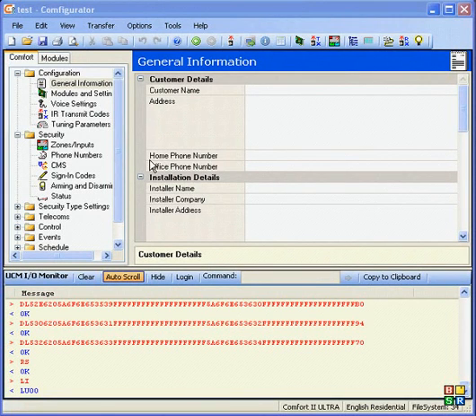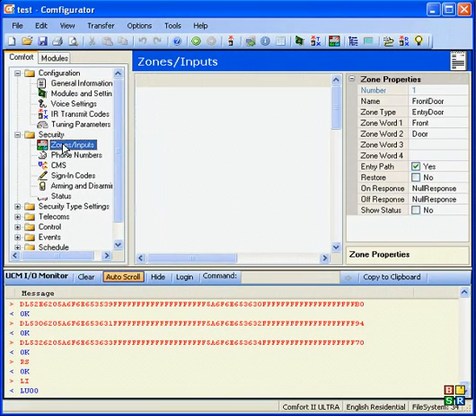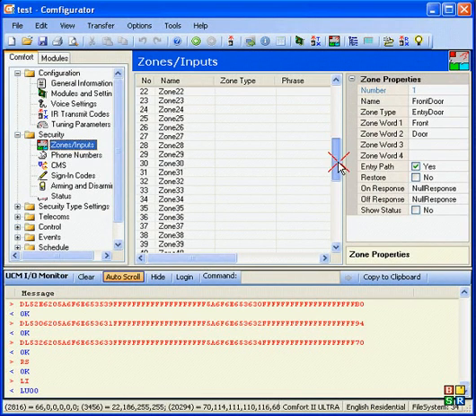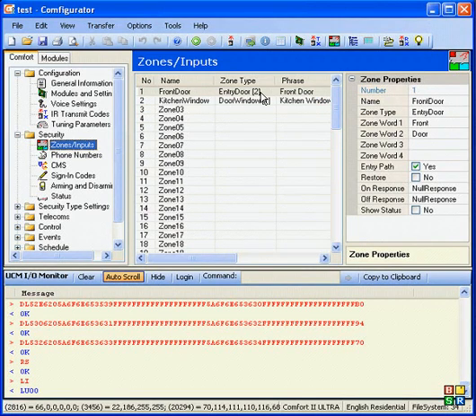Now we'll go to Security, Zones/Inputs. This opens a window which shows you the settings of the programming of up to 64 inputs or zones on Comfort. You can select a zone here and look at the properties or the settings on the right pane. This shows you the zone number 1, the name of the zone, which is front door, which is just a